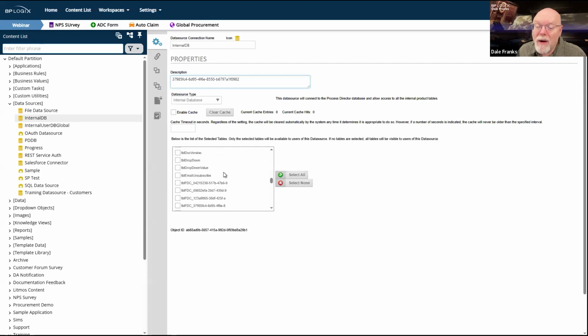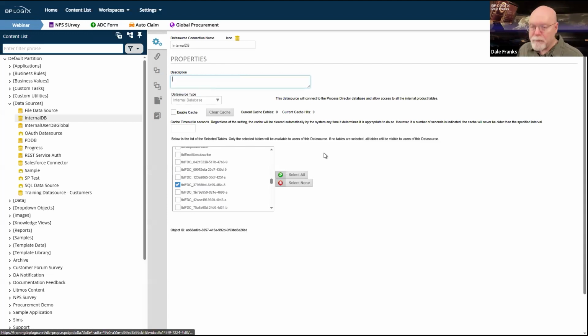Oh, I thought for a second I had it. Oh, there it is, right there. This table right there is the table that stores only the field values from my webinar form. I was able to match the GUID here with the GUID that is shown right there. So I know that this is the data cache for that specific form, for the webinar form that we just created and submitted those instances for. So now I know where they're stored.